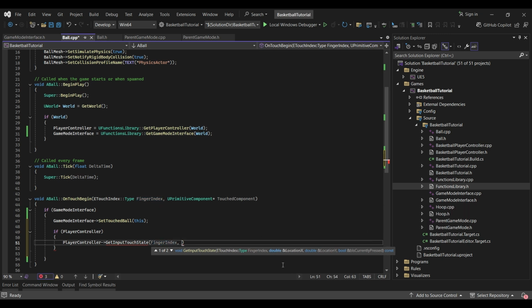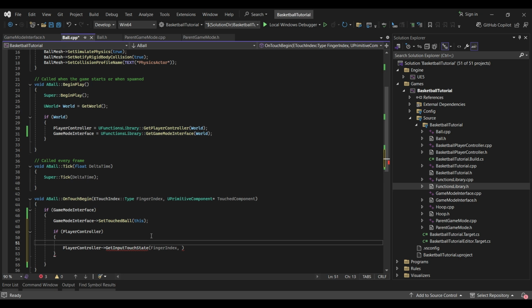Now, as you can see, the location is passed as reference. So to actually store the x and y location, we need to create local variables here. So double touch x and double touch y,